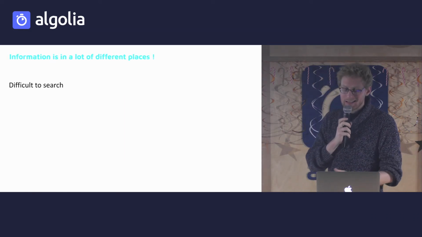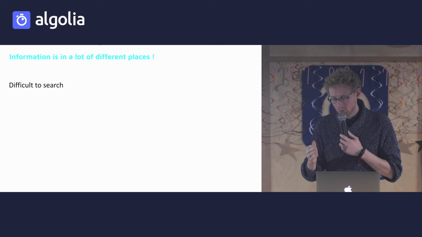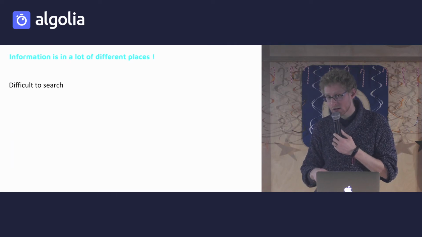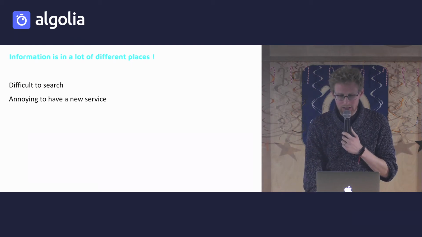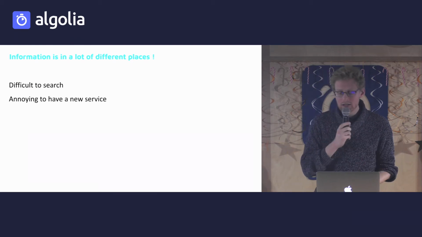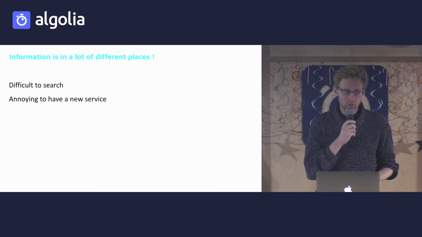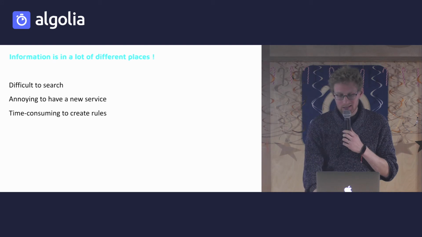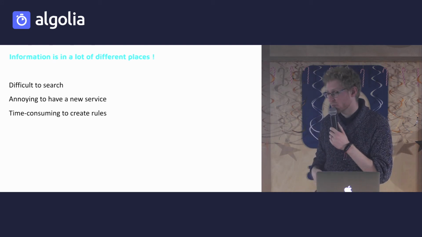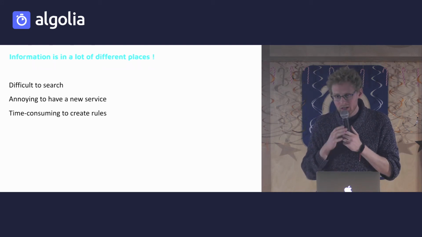And because it's in a lot of different places, it is difficult to search, because we'll have to query all the different servers to know if what the operation team is searching can be found there. And we have a lot of different instances of each server, so it's too difficult to do that. It's also very annoying to have a new service that we would have to build ourselves just to do this search. And we would have to implement some rules for